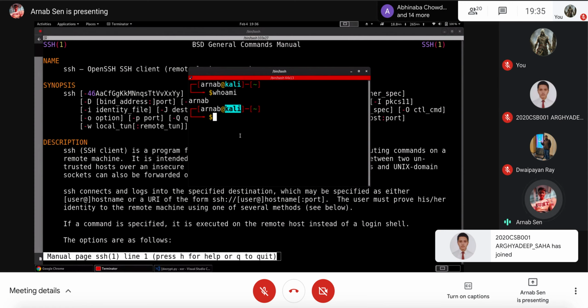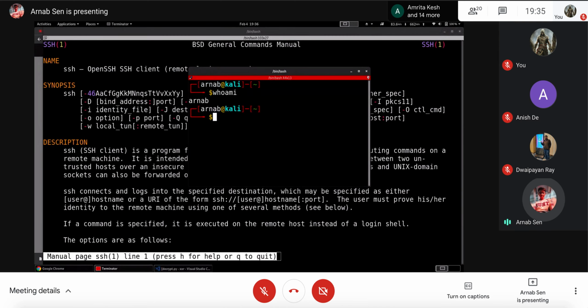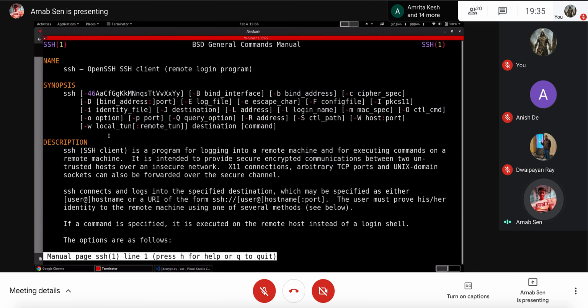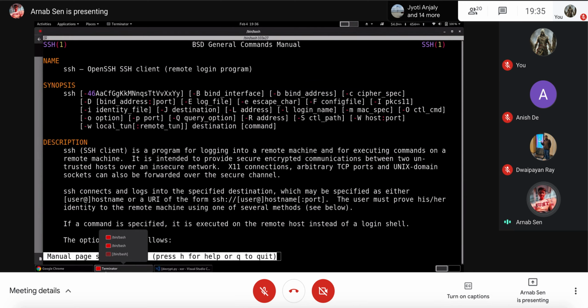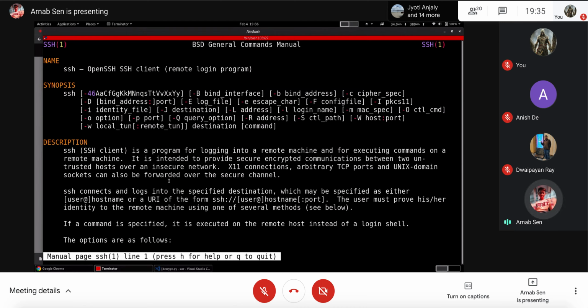There are all the ports, ranging from I think 100 to something like 999, I'm not sure. You can actually log into those machines with the help of this client called SSH. But of course, you need a password, and sometimes you need an SSH key, which is like a key to a lock. If you have the right SSH key, you can log in. Other times you have to put the password over here.